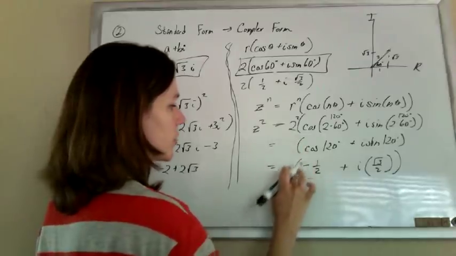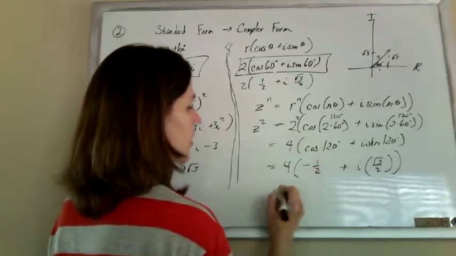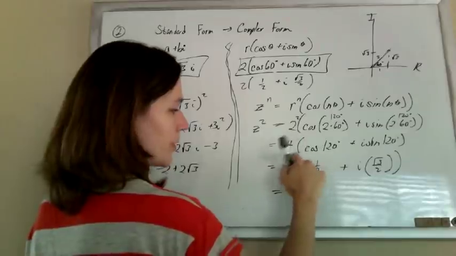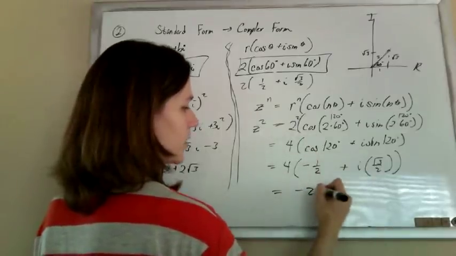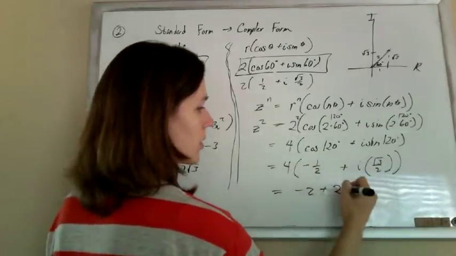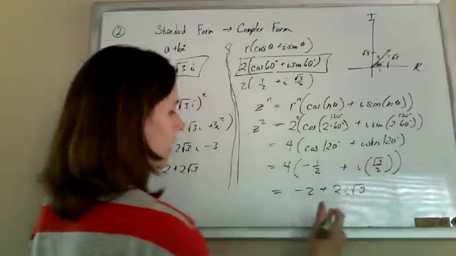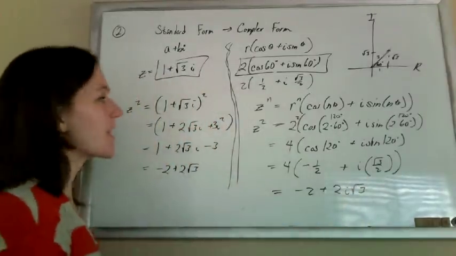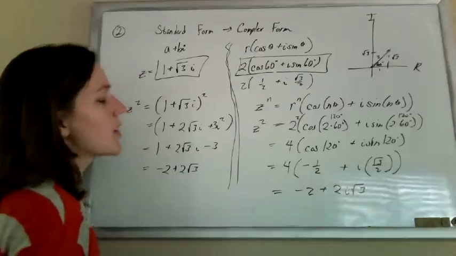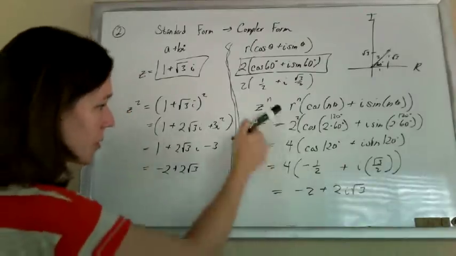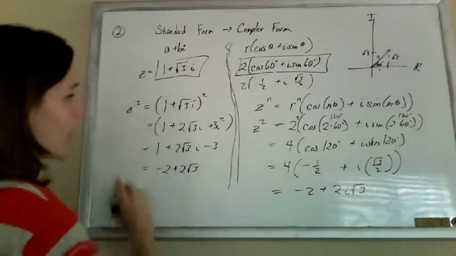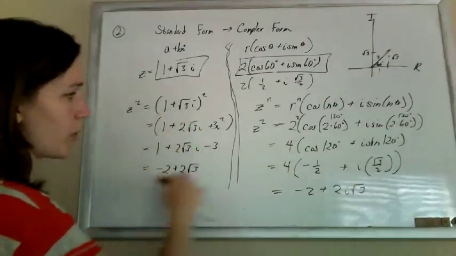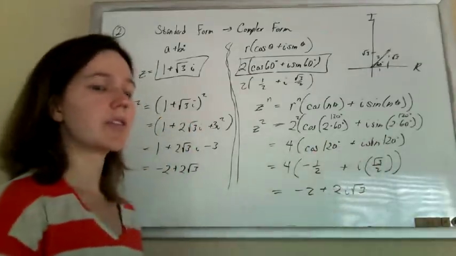So these here should be 4s. Sorry about that. Because now when we distribute the 4s, we get negative 2, 4 will cancel out, 2i root 3. Oh yeah, it matches. So this way would have been a lot easier had I gone to a bigger power, because then I would have had to do a lot more foiling. But this way here would have been so very